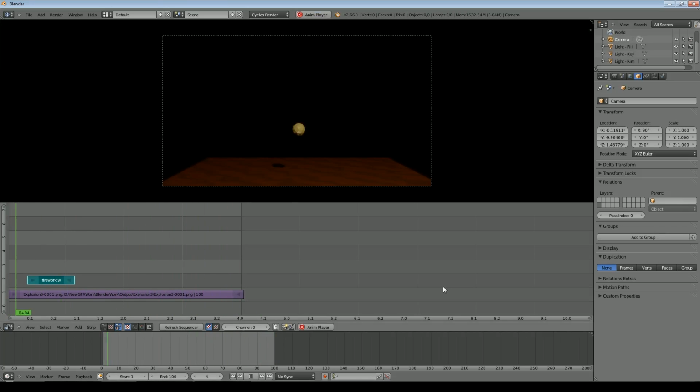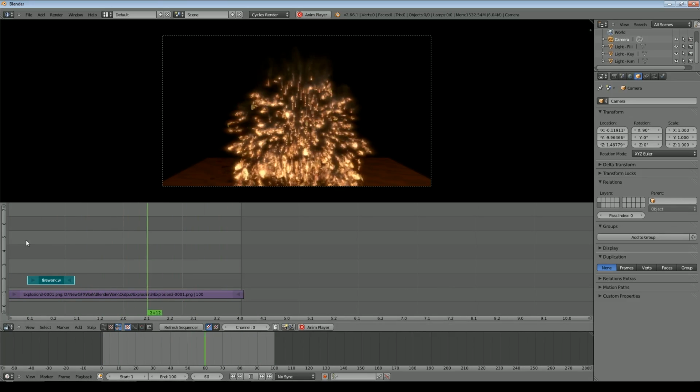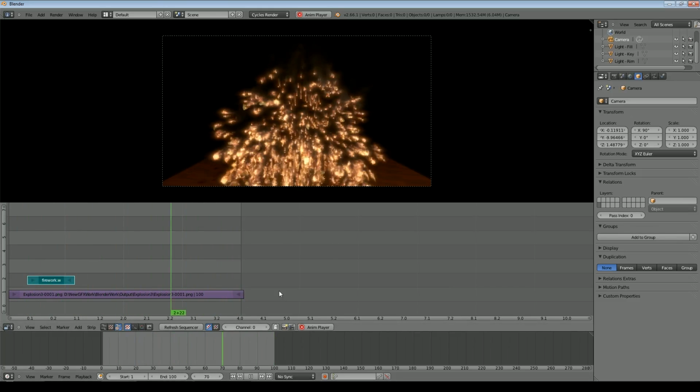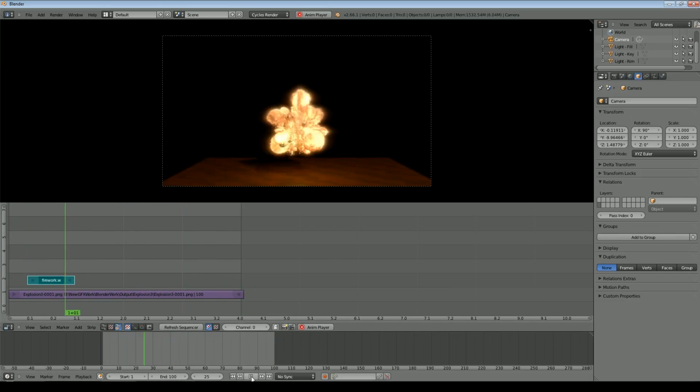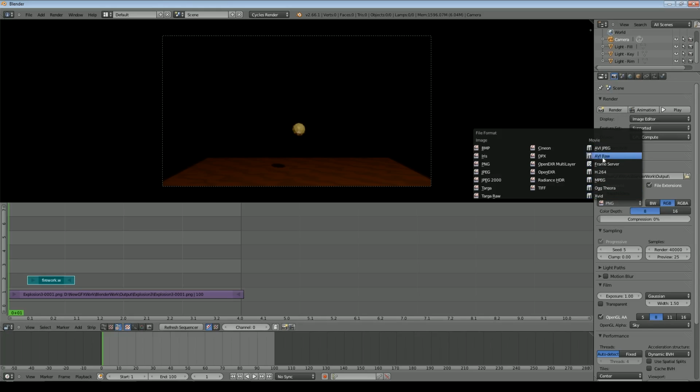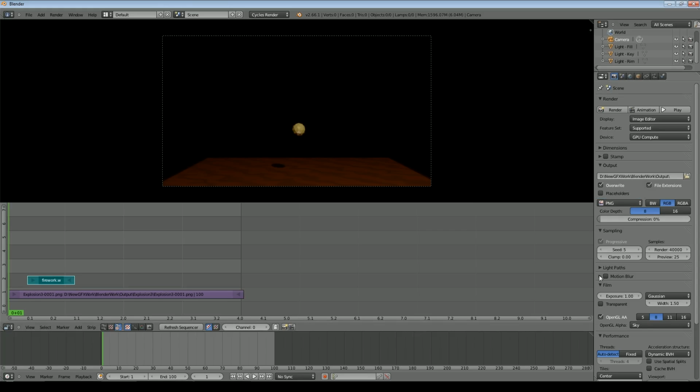And once you're happy with that, and you might have titles that you'll add in, there are certain effects that you can do as well using alpha channels and so on to fade things in and out. Once you're happy with the video that you've got, you can then render that out to a file. So you wouldn't obviously render it to another PNG, you'd then render that to one of these formats like AVI or H.264, which is what I typically use for YouTube, or MPEG or Xvid for a smaller file. So that's the basics of creating animation in Blender.